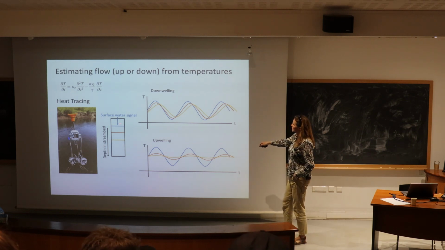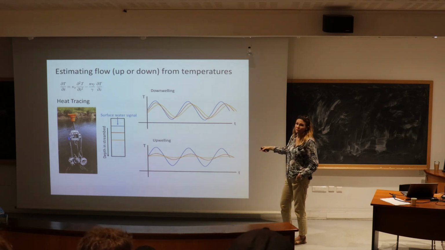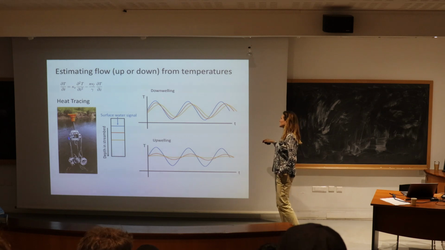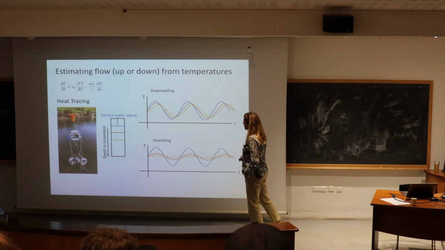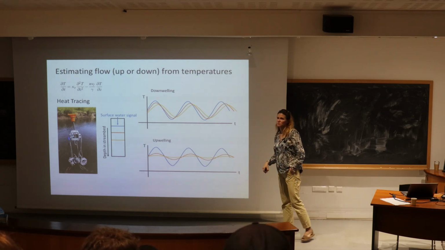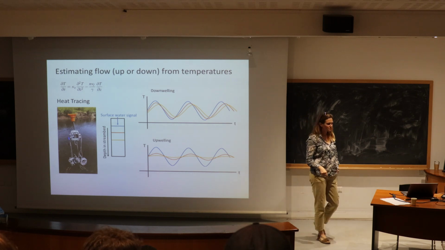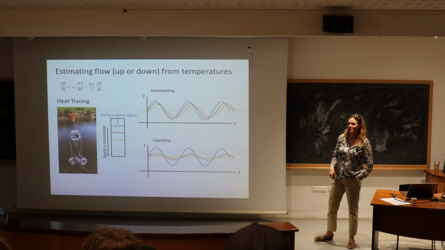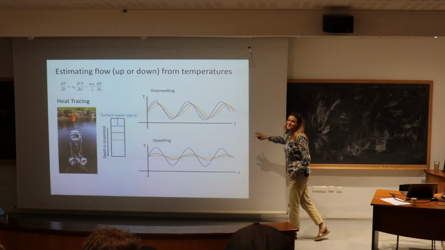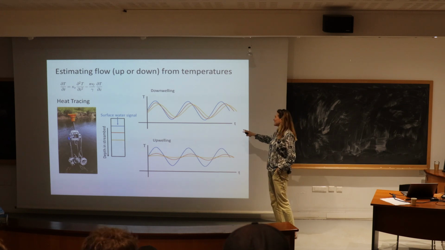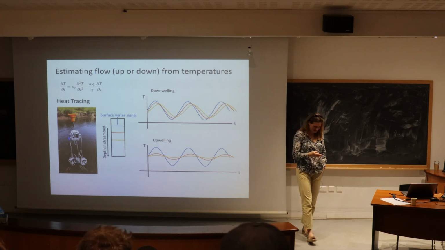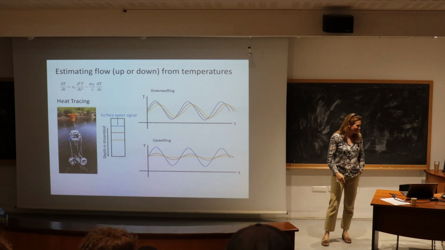So if you were to take temperature measurements at different depths in the stream bed, you would expect in a downwelling zone all the depths look very close to the temperature signal in stream water. If you're in an upwelling zone, you get more of that stable temperature signal coming up from below. John mentioned the other day that stream temperature signals are not sinusoidal, and I fully agree. But for the purposes of just demonstrating the concept, I show them here.